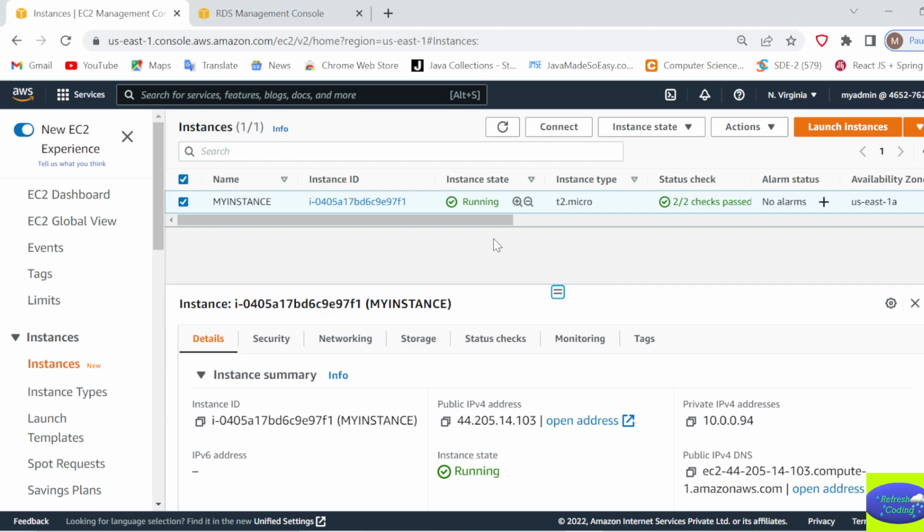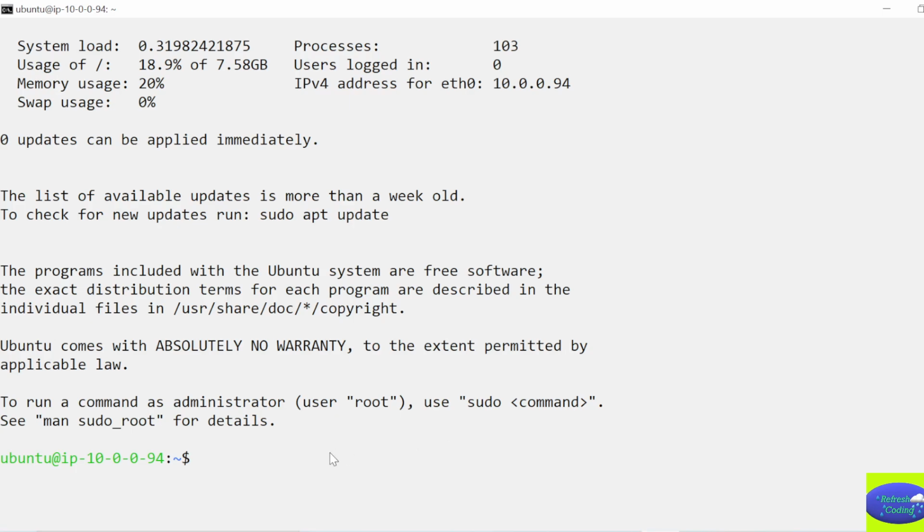We have already seen how to launch an instance and how to connect with SSH in the previous videos. Today we will install the MySQL client in this instance and do some data manipulation. My instance is up and running and already connected; I have connected to it in the command prompt using an SSH connection. First of all, I will clear this all,